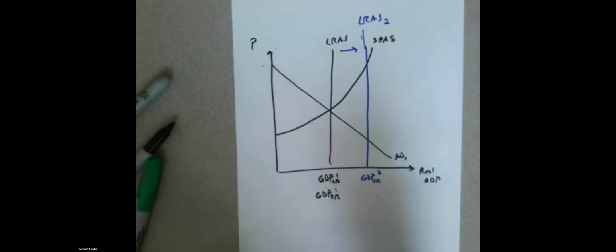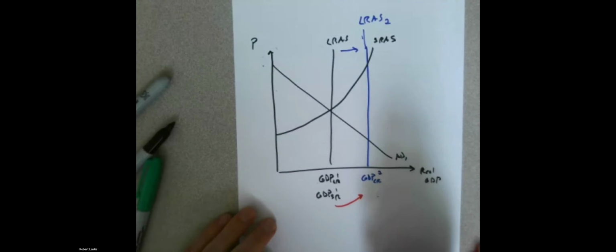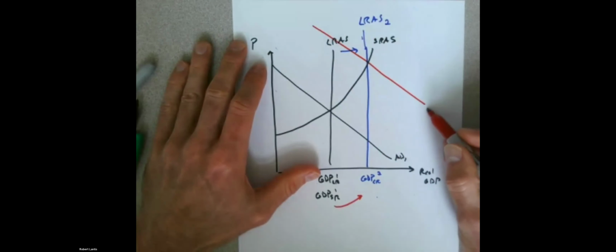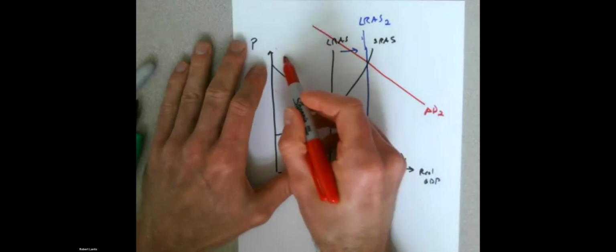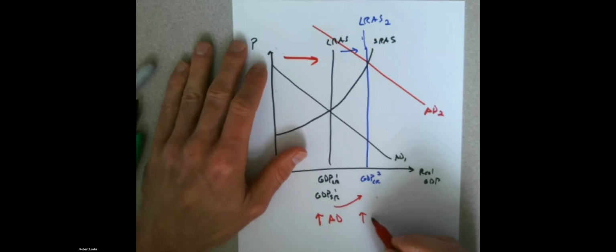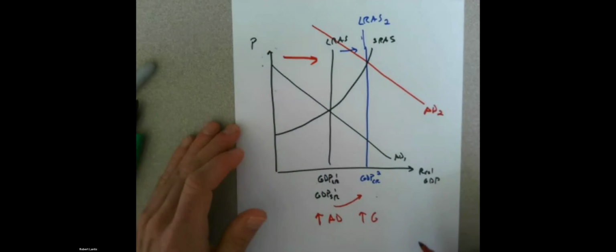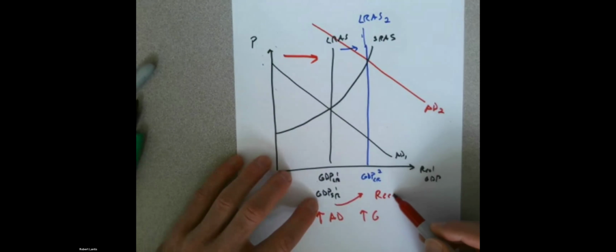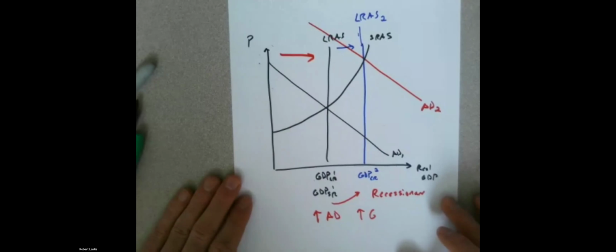So what do I want to do? I want to increase GDP, right? So what would I do in terms of government spending? That's what the question asks. Well, I would actually need to increase government spending because I wanted to cause an aggregate demand increase, right? GDP was too low, so we had a recessionary gap. That was the response of the government to that recessionary gap that existed because of that long run aggregate supply shift.